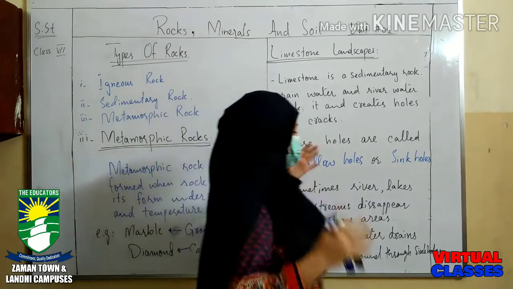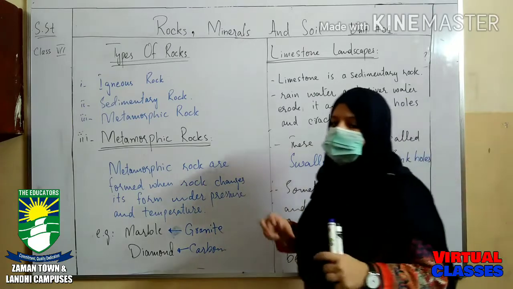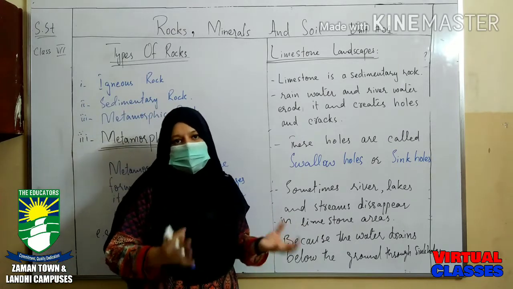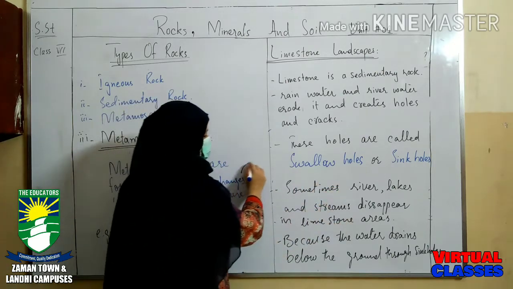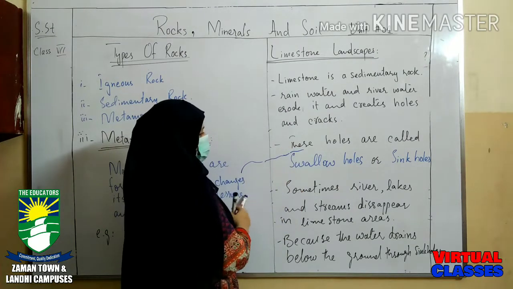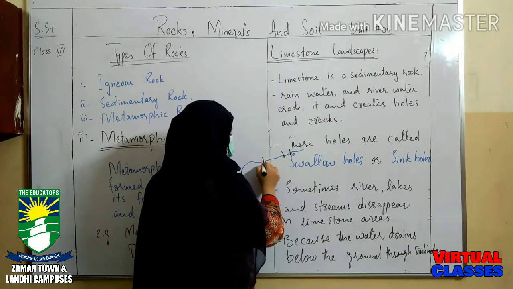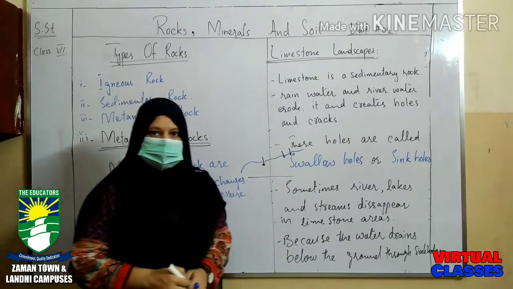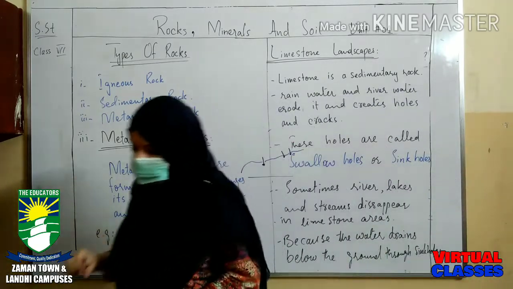Sometimes rivers, lakes and streams disappear around the sedimentary landscapes because of these holes, the sinkholes and swallow holes. These sinkholes make the water disappear around the sedimentary rocks as they allow it through. For example, if a river flows over the surface of a sedimentary rock, the water will move through these rocks, settle down and disappear from the surface. So this is how the sedimentary landscape makes water disappear from the surface